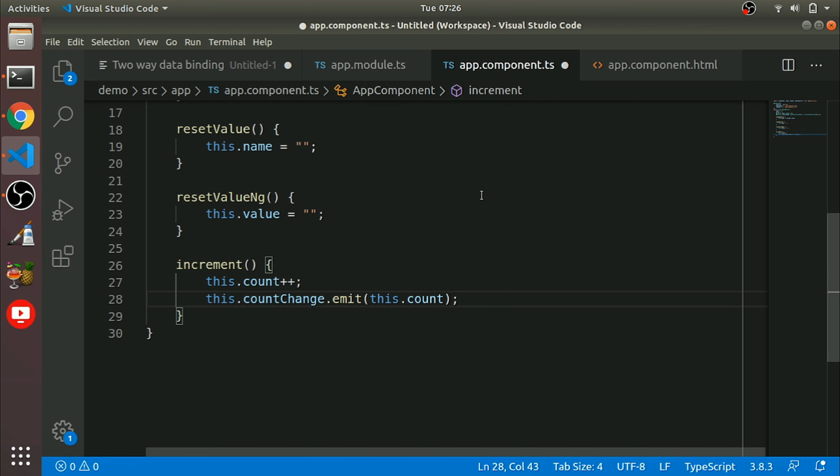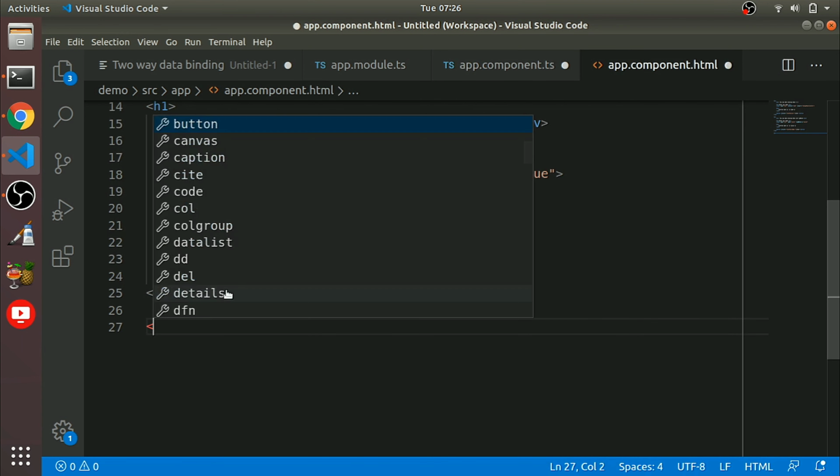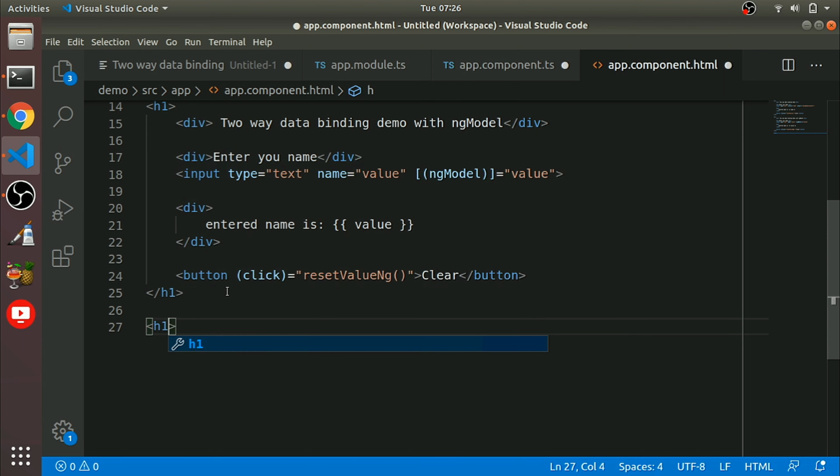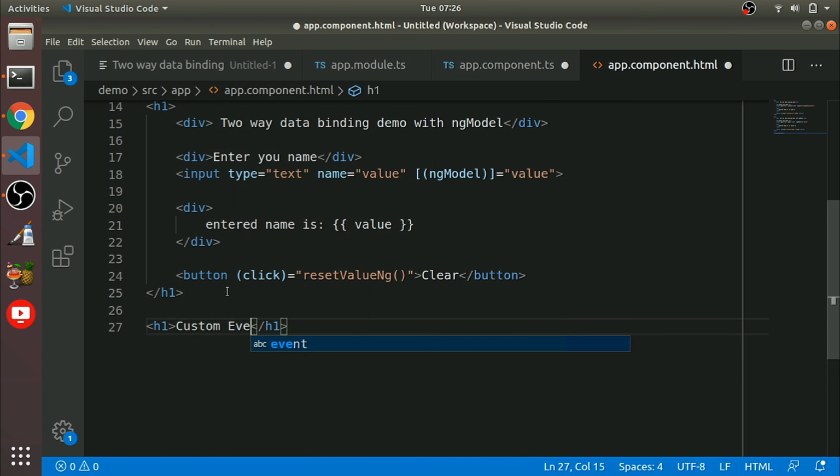For that, we need to add a button here. We can put a custom event button, with click equal to increment.